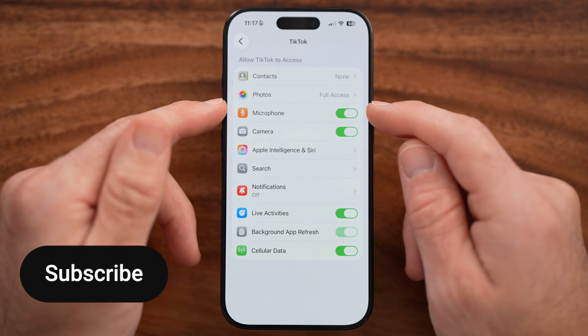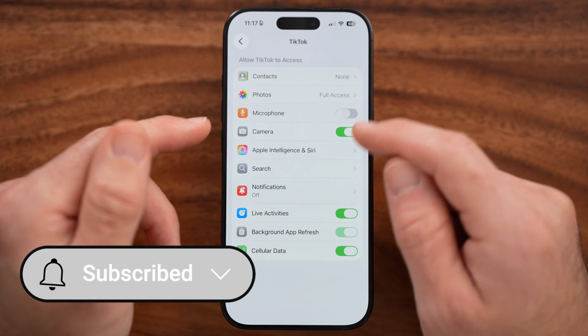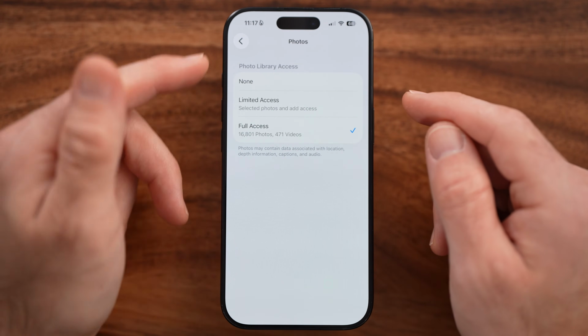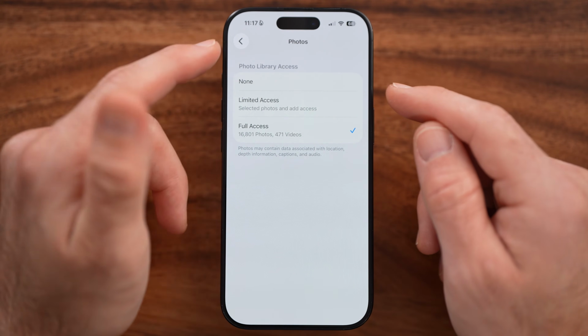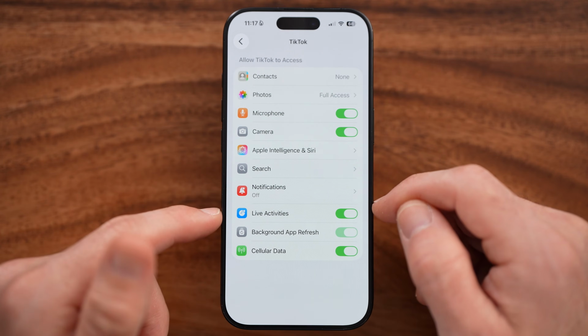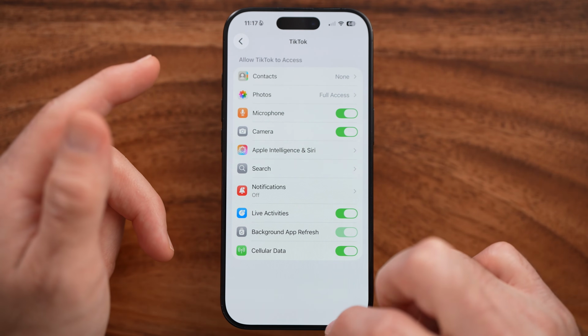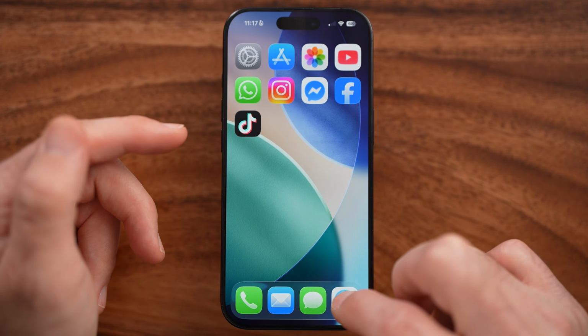For instance, if the camera or microphone are turned off, then you won't be able to record any photos or videos. Make sure it has full access to your photos, and everything on here is turned on, including notifications, contacts, all that. After you've done that, if it's still not working, let's hop out of here and open up a